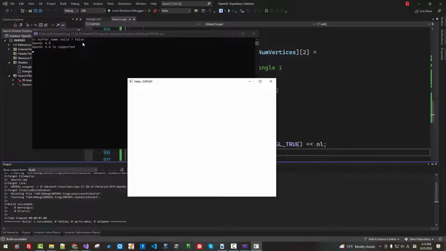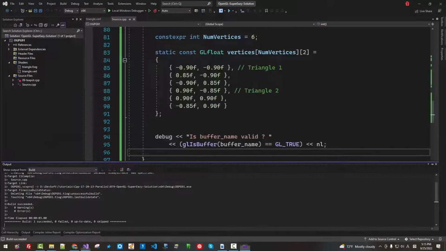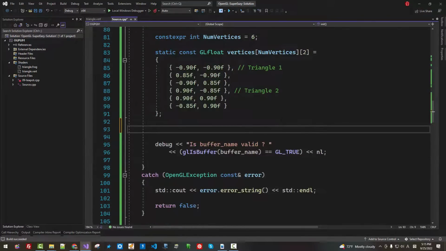False. Okay, the return value is false. Now here